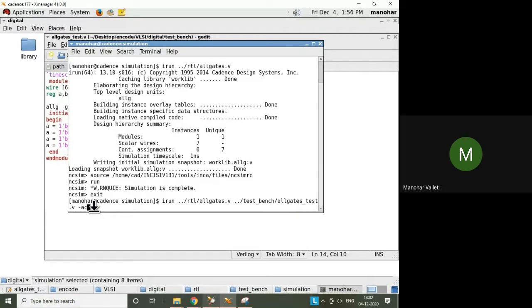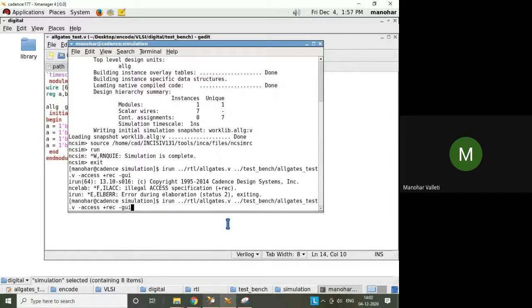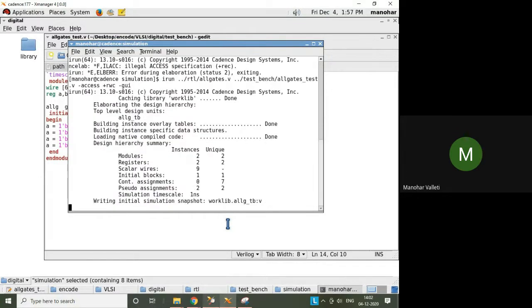So the access type is full access, right? It is full access. We will mention it with plus RWC, which is the command, and show those results in the GUI.